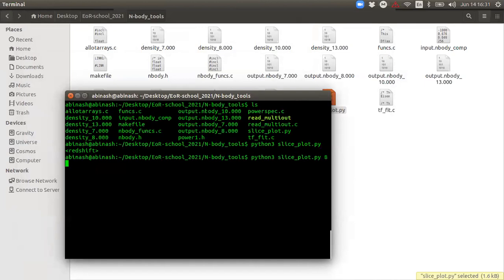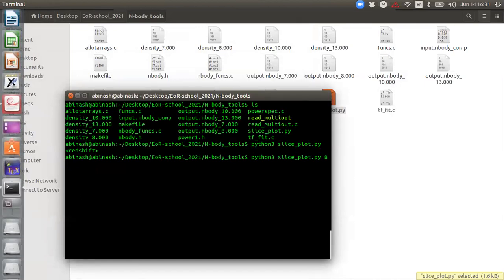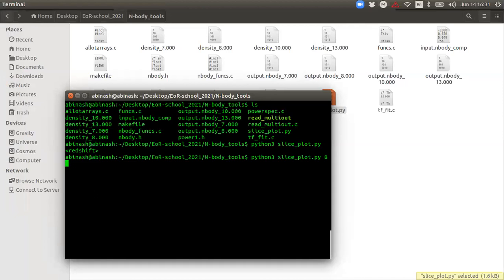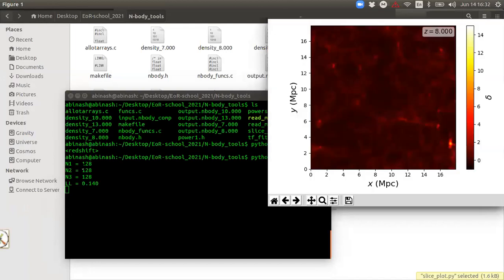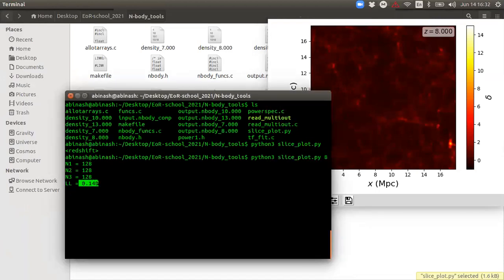I think my RAM is not that much, so Zoom and these things are creating a problem. Yeah, you see, it started running, and it printed that you have a 128 by 128 by 128 grid, and your L has been scaled by 2 factors, so it's 0.14 now. And here you can see your plot.